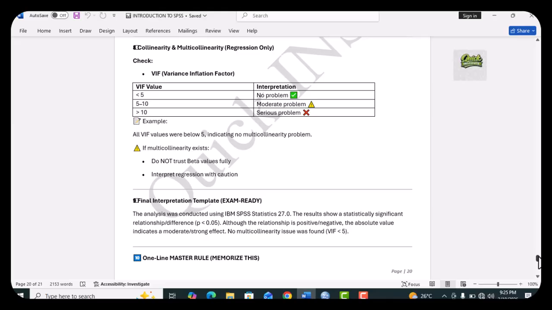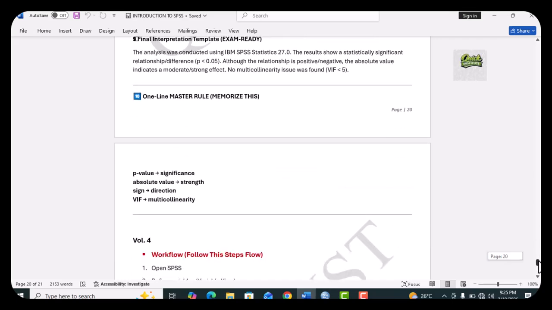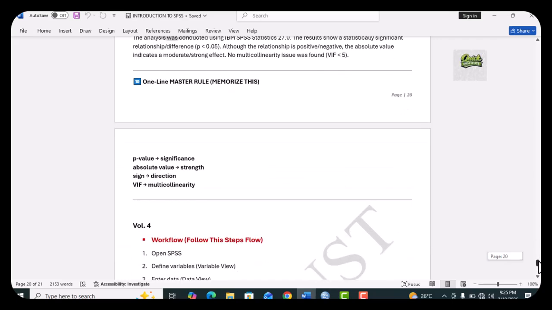We have in volume 4 the workflow that we can follow easily. So this is the last part. Volume 5 is the volume